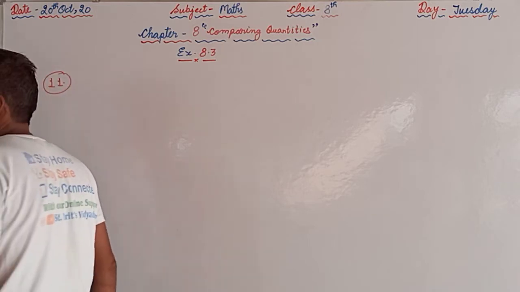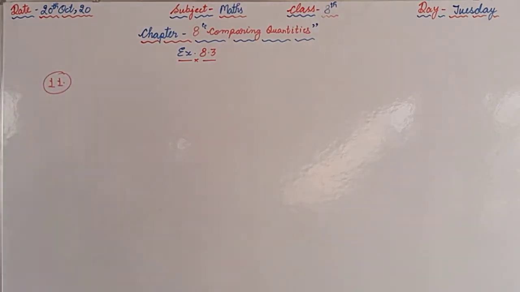And as I told you previously, whenever you are watching the video, you should have your textbooks with you, so that you can also get the information given in the question. First of all we will read question number 11. In a laboratory, the count of bacteria in a certain experiment was increasing at the rate of 2.5% per hour. Find the bacteria at the end of 2 hours if the count was initially 5 lakh 6,000.